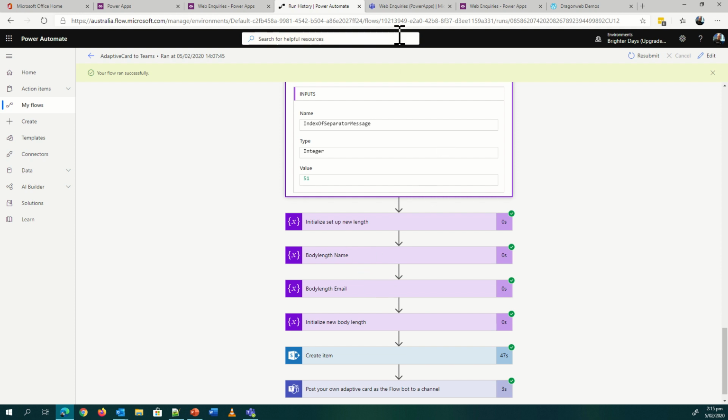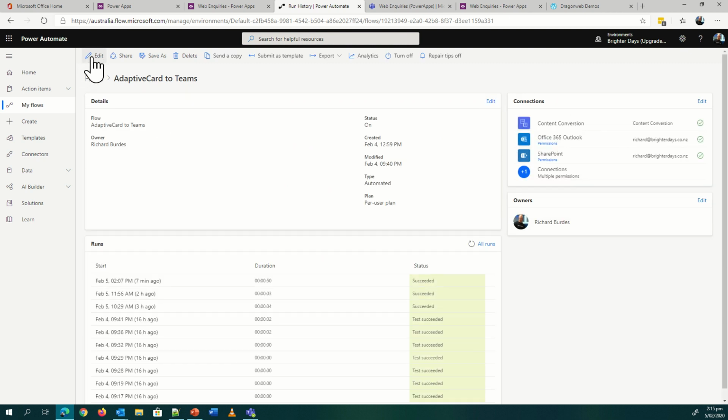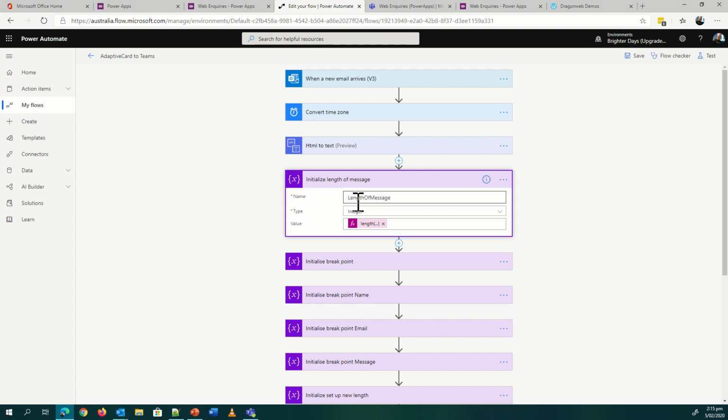To show you that piece, I'll jump into how that actually looks in terms of the actual flow. So let's jump back. I've jumped into showing you that piece, but let's edit that, show you what those substrings look like. So to get the length of a message,